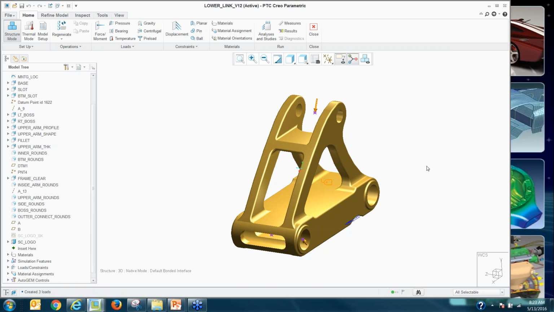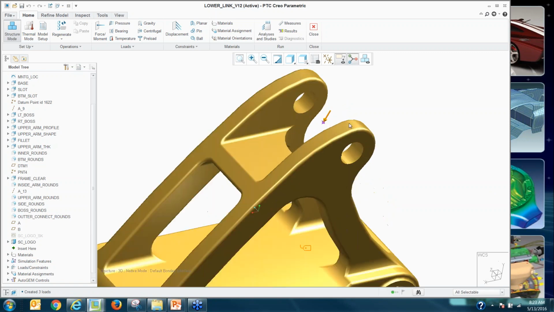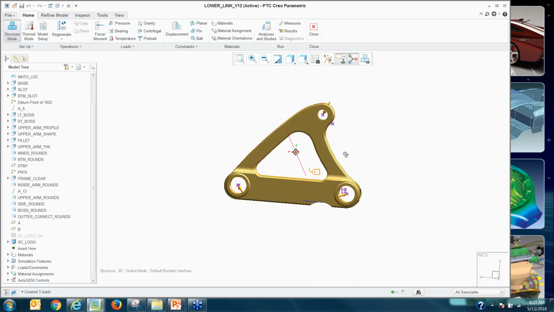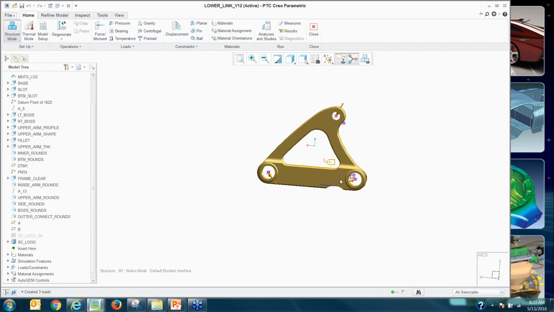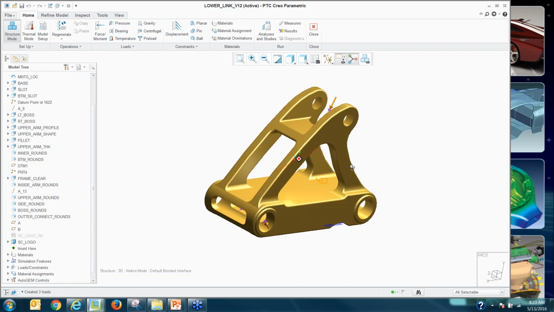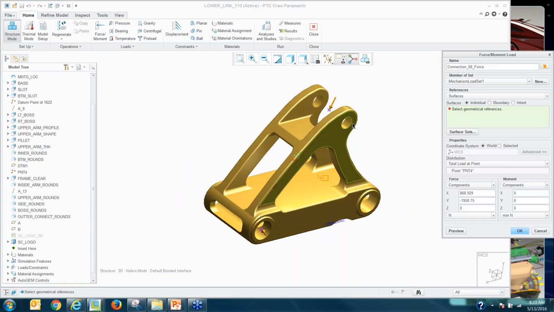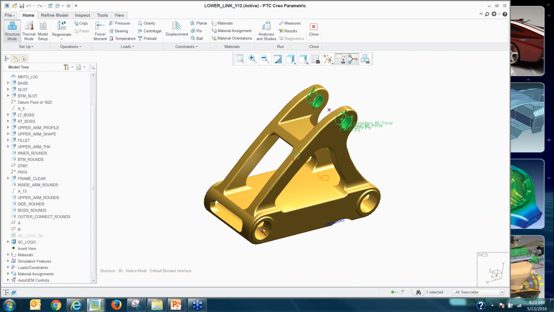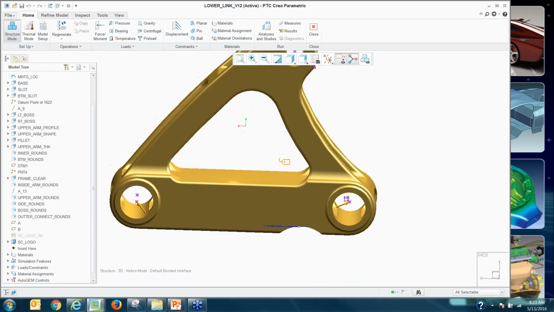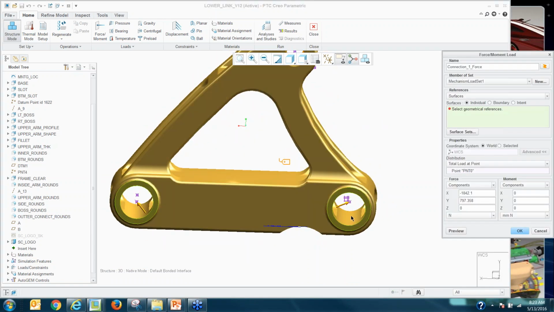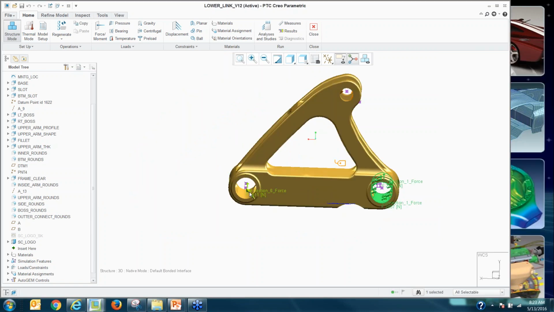So I want to import them, and as soon as I import them, you see how it has put in like arrows. You can see how it knows a value. However, it doesn't know where those three forces need to be applied. So I'm just going to go and distribute it on those appropriate surfaces. A simple double click on those. They're very easy to use, right? It's like an edit definition, and I'm just distributing that force